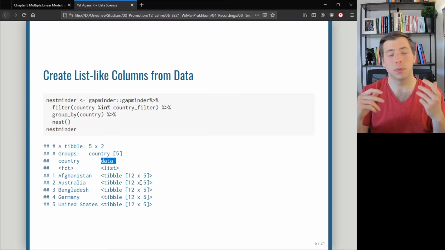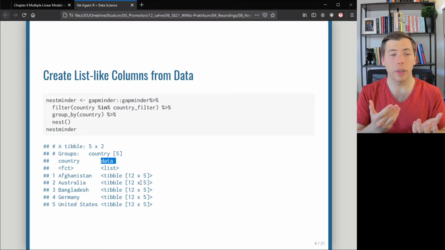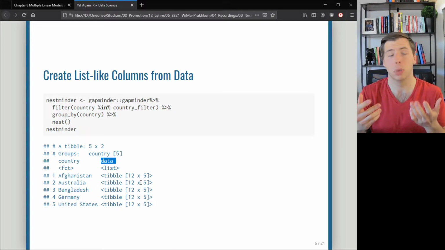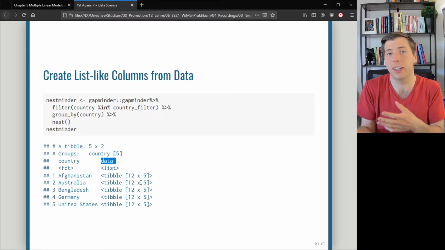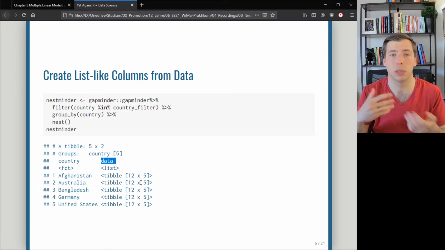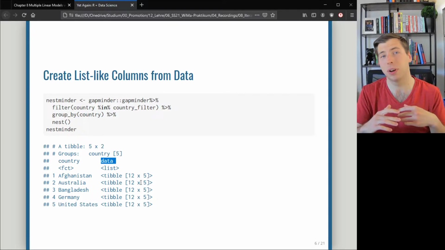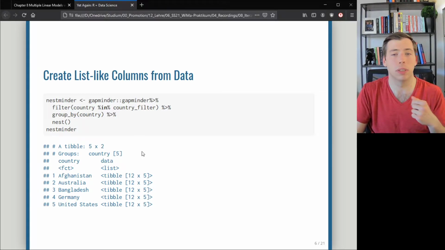And this may feel weird at first, but it's really great, because this way we can now use this data column as a new variable. For instance, for a linear model function, we can later on say, okay, use this variable data to get your data, and then we just give another formula, and then it will run the linear model for each data set. This is fundamentally what we will try to do here. But before we talk about complex functions like LM, so linear model, let us figure out how this works